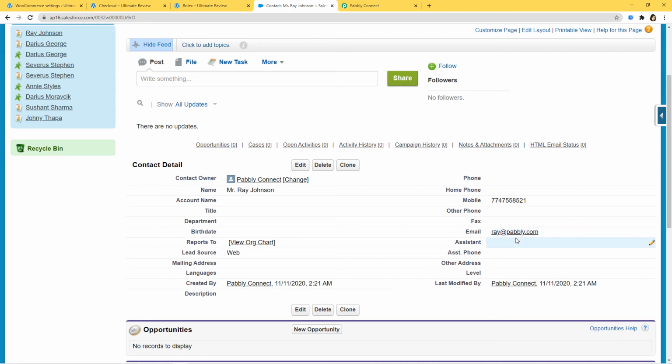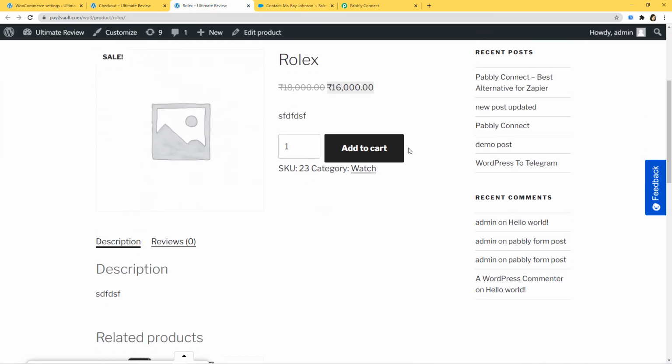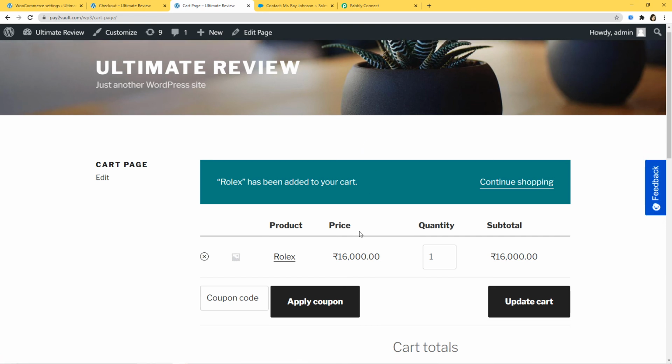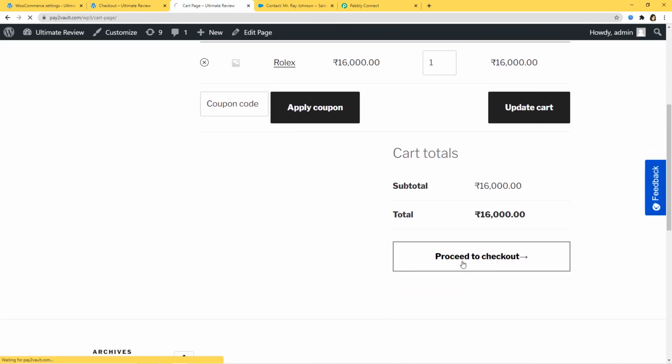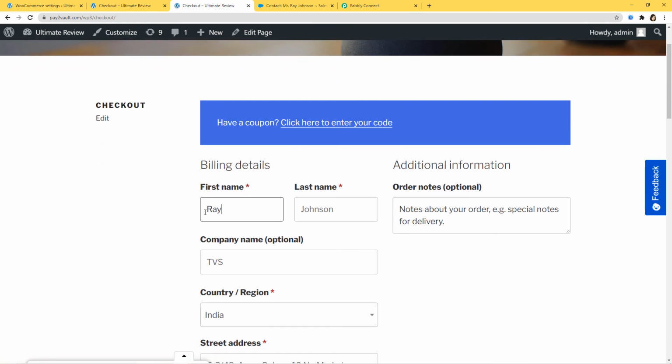Now I'm going to show you this process again with one more example so that you can understand how this process takes place in real time. So now I'm going to place one more order of a Rolex watch. So I'm going to add to cart. Okay, proceed to checkout. Now let's enter a new name of the customer.